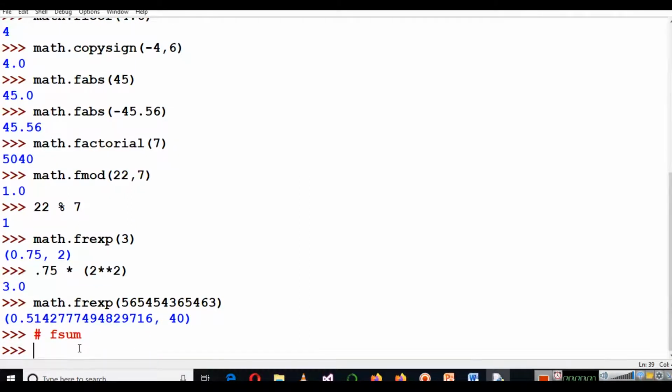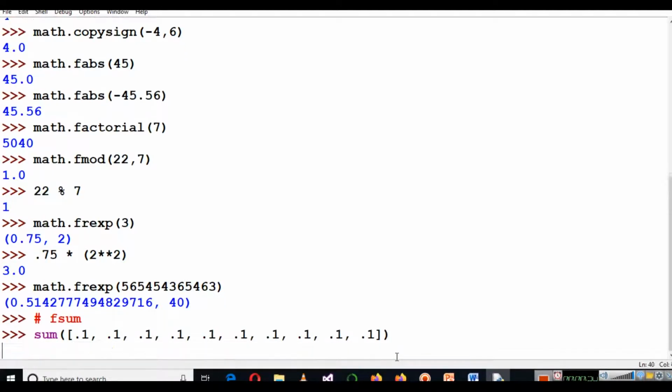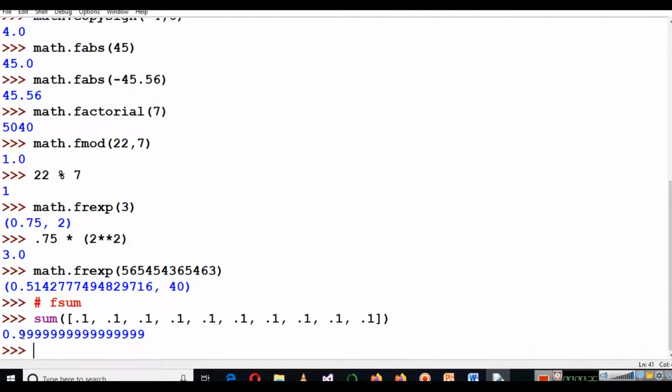So we were discussing fsum, and I have an example here. This is a list, and in this list you can see there are these elements, and we have already discussed this inbuilt function of Python, which is called sum. When you use sum on this list, you will get this output 0.999 and so on.